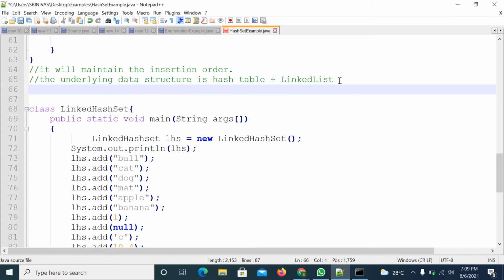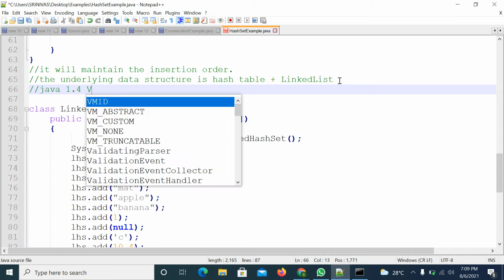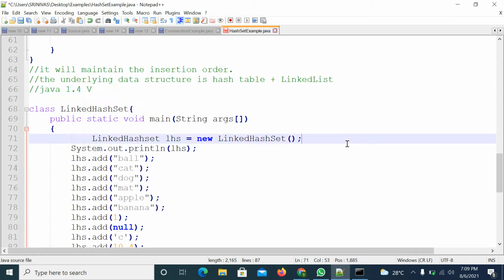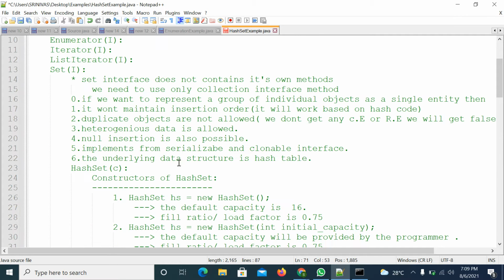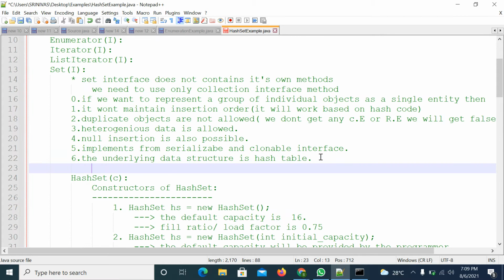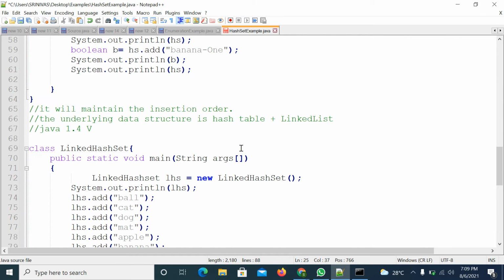Actually this LinkedHashSet is introduced in Java 1.4 version, whereas HashSet is introduced in Java 1.2 version. So only these three differences.